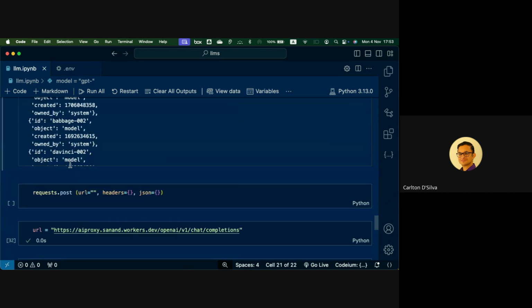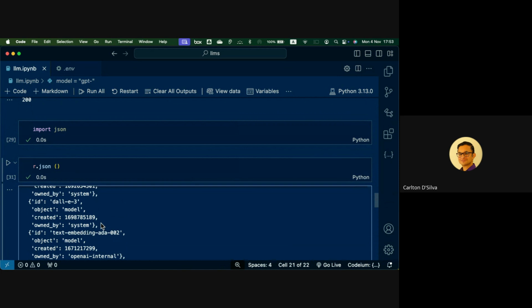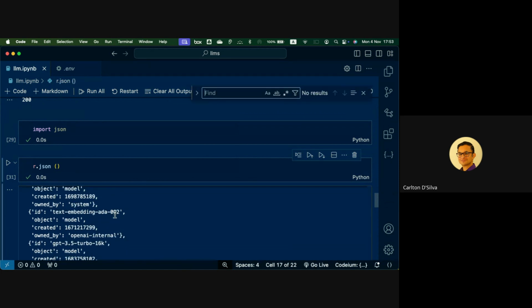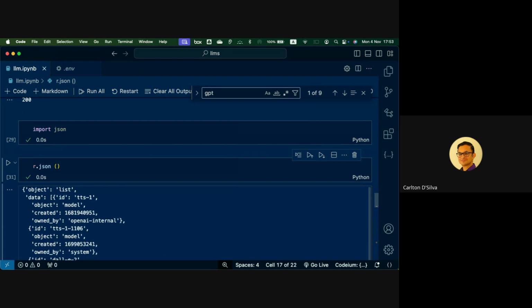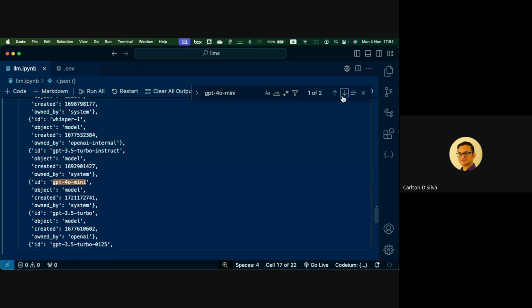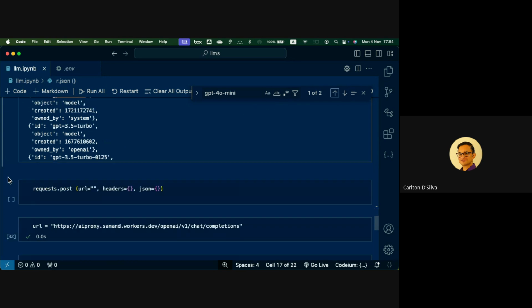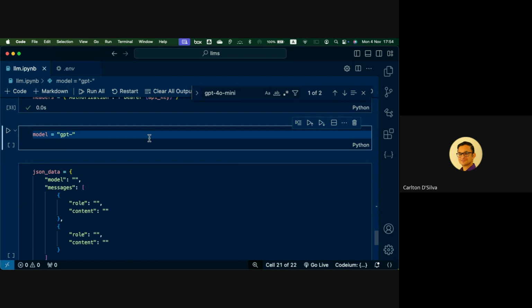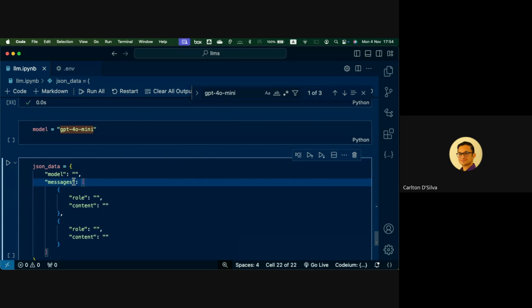If I do a Control F and search for GPT 4.0 mini, you can see there's GPT 4.0 mini with some date, and one without a date. He said to use this one. So this is the model we will use, GPT 4.0 mini. That's telling his proxy I want to use this model.